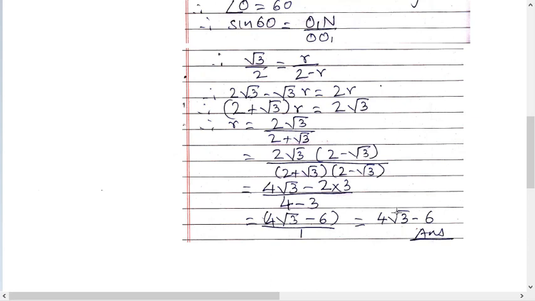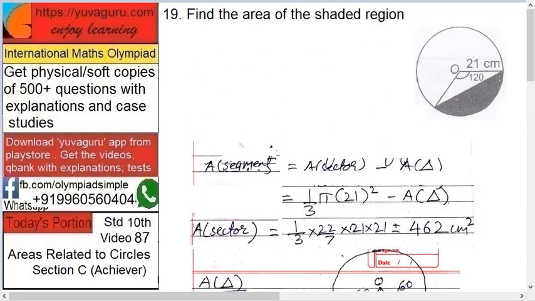If the value of root 3 is given and the options given to you are in plain figures rather than in terms of root 3, then you will have to solve this with 1.73 also. Otherwise keep it as it is. So that's the required answer. Next,